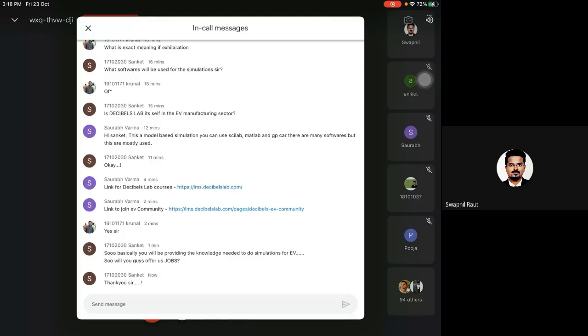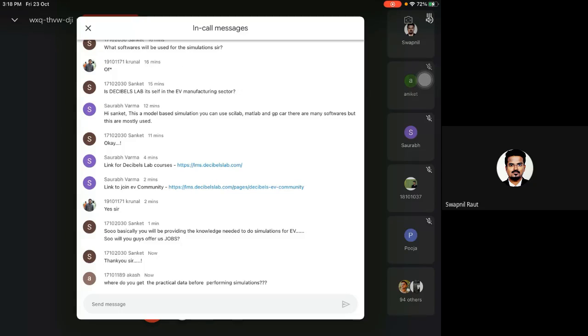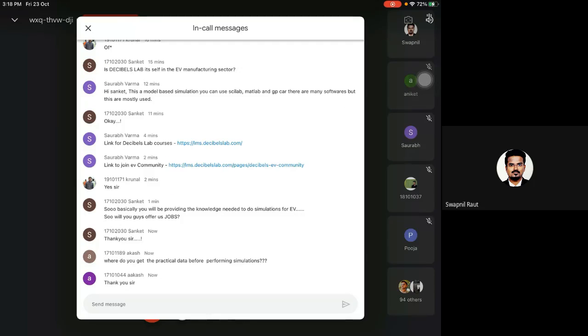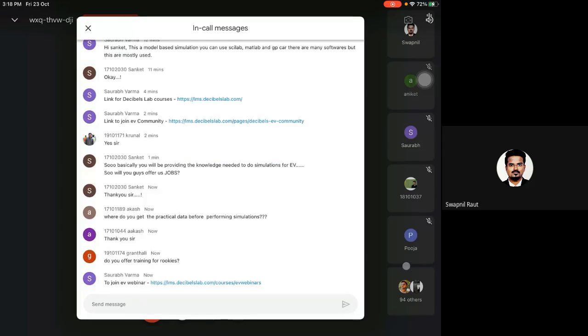For my students, I would like to ask one question. Now when we go into industries after completing our BE, the most important point which is talked about is employability. That means the industry expects a lot from students, but the students are not skilled up with respect to what is expected. So if I want to enter into this industry of electric vehicles, which is going to be a future in the coming 5 to 10 years in India,